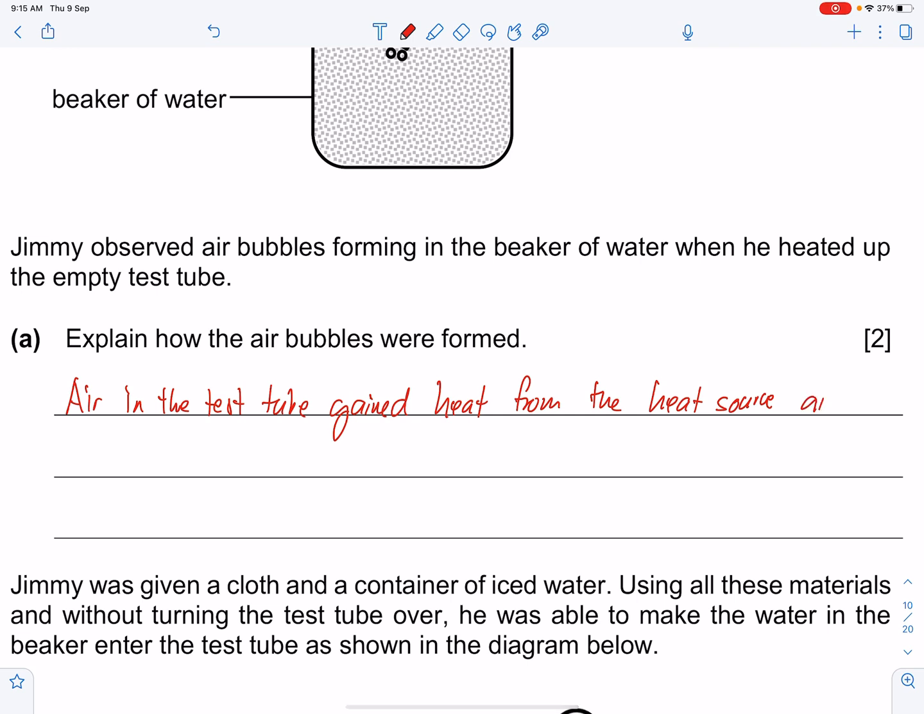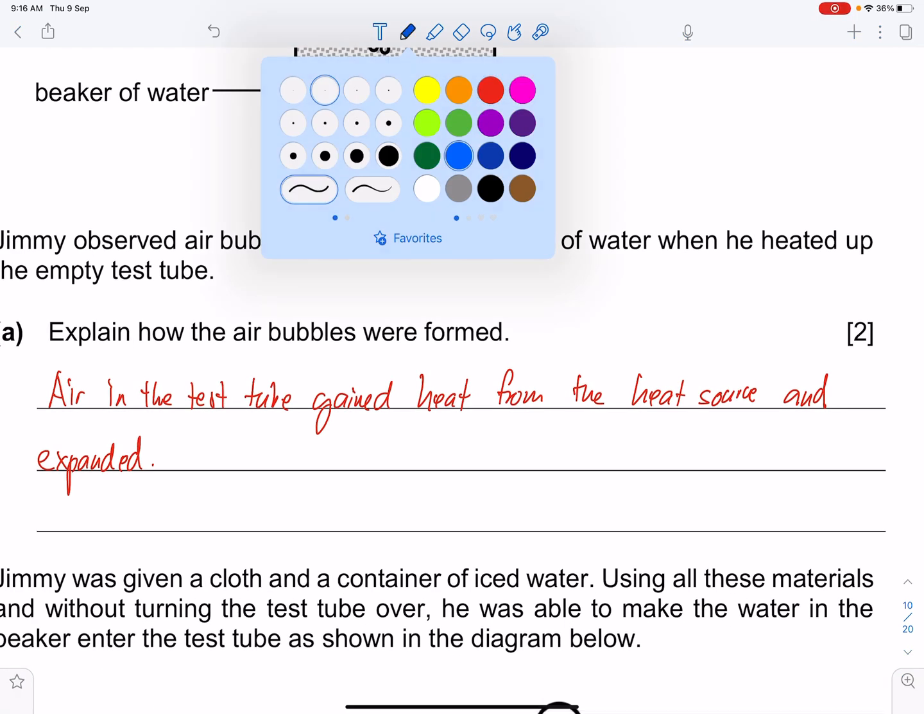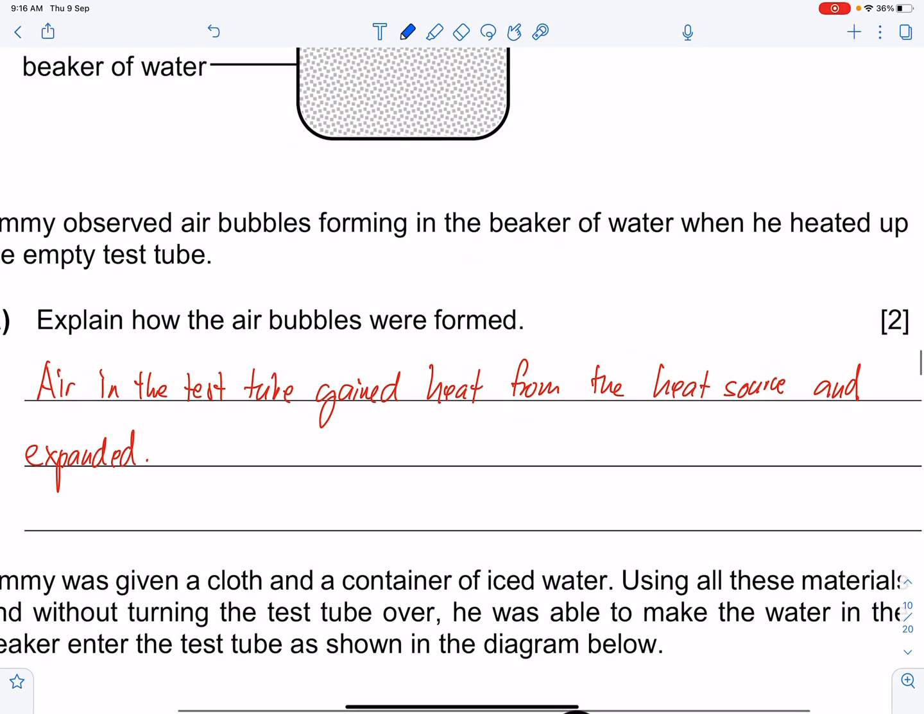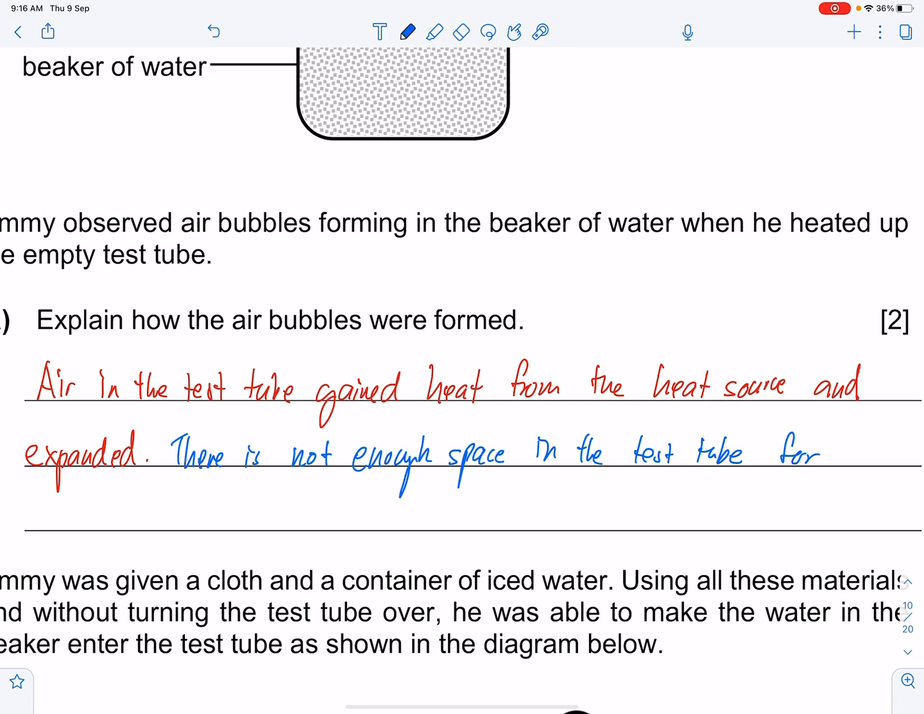And the air expands. So when it expanded, the volume increased, correct? A lot of you never tell me that there is not enough space or there is no space. That point is actually crucial. Because there is not enough space in the test tube for the air,